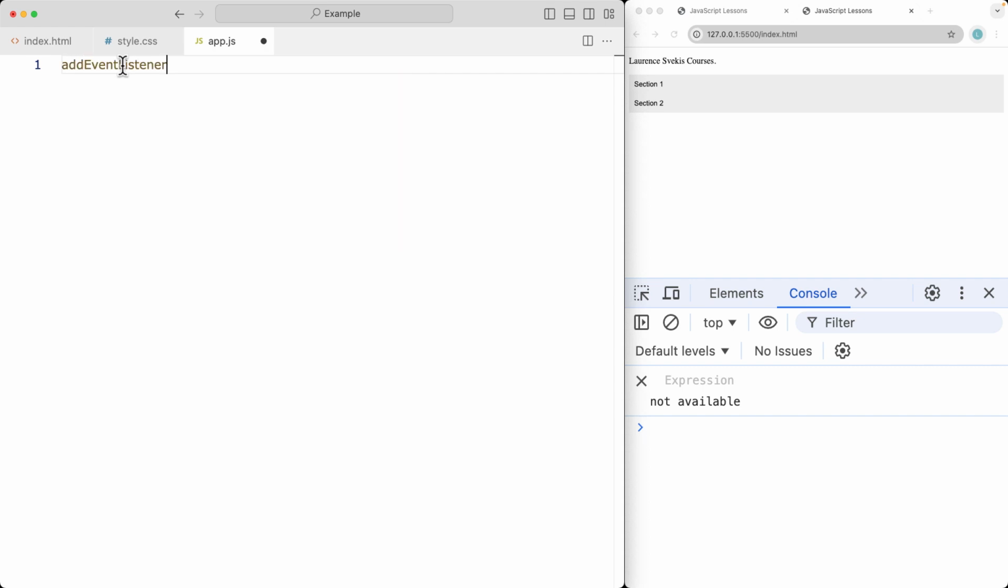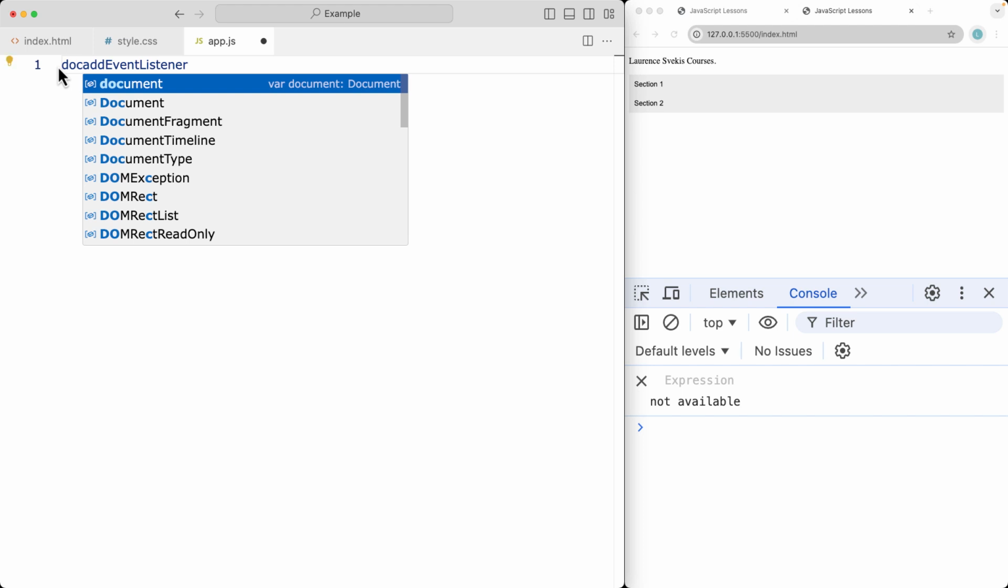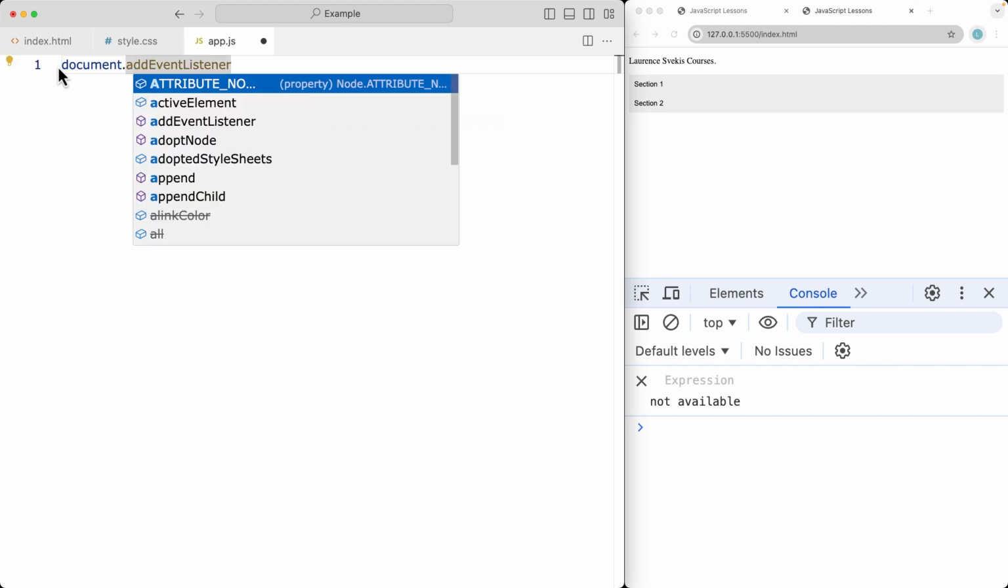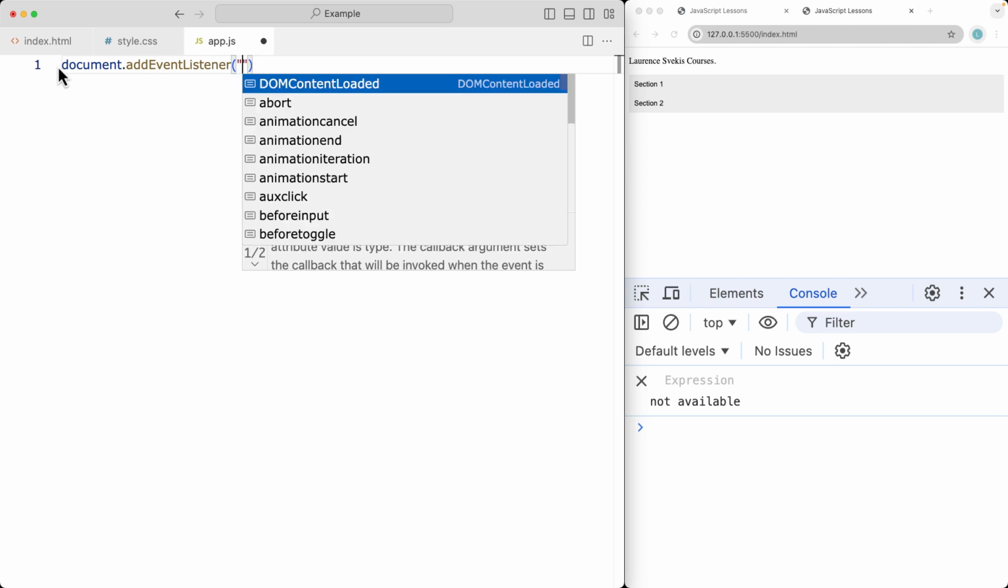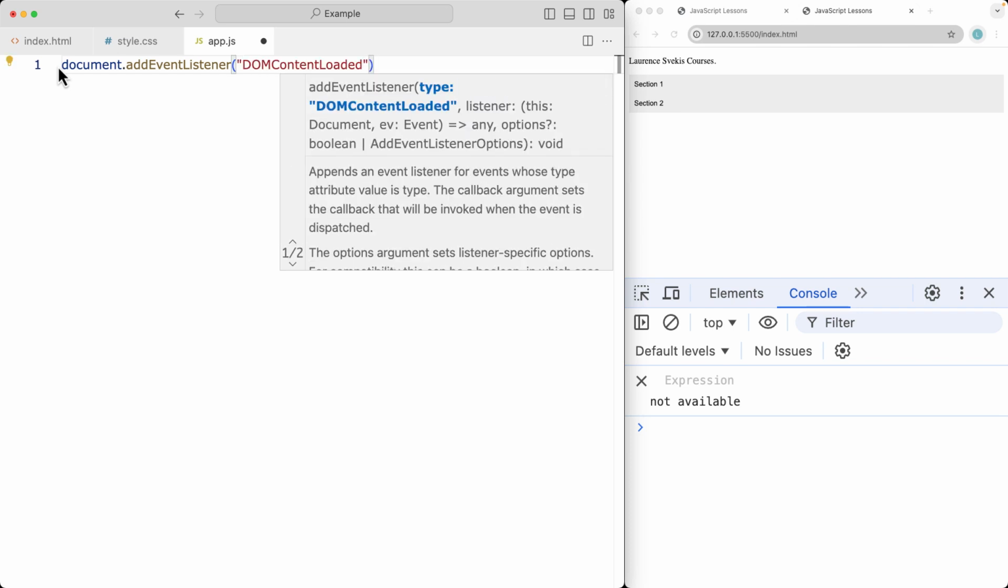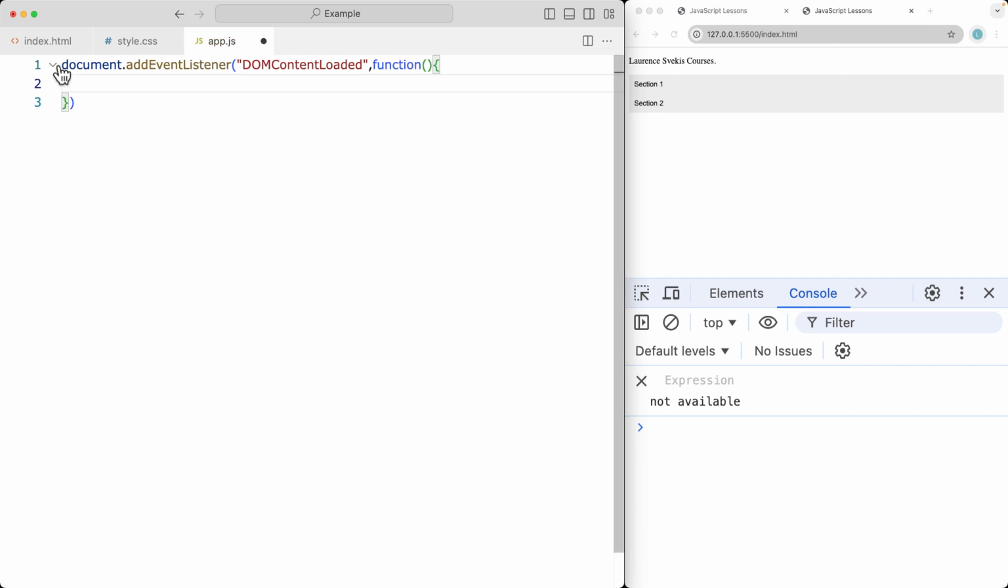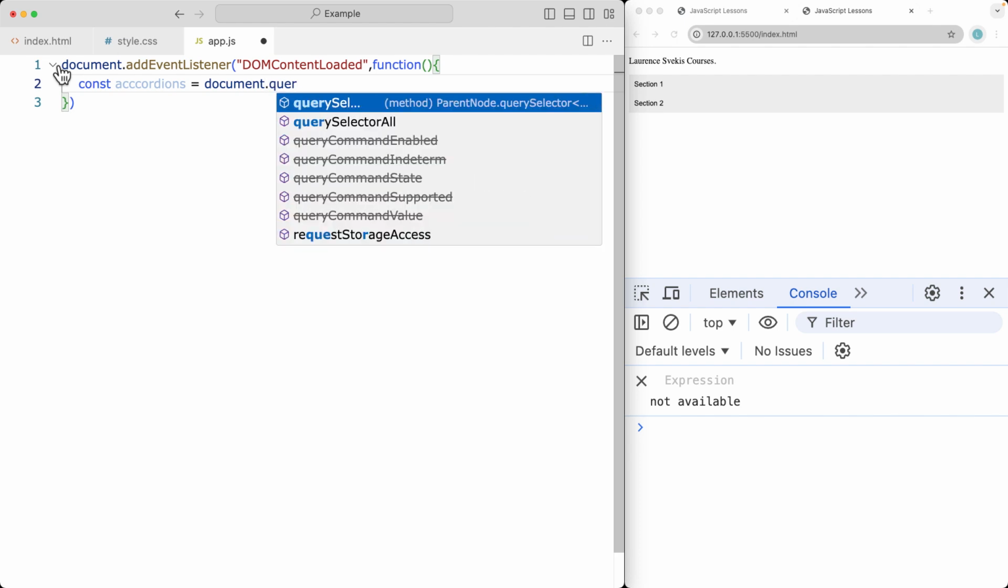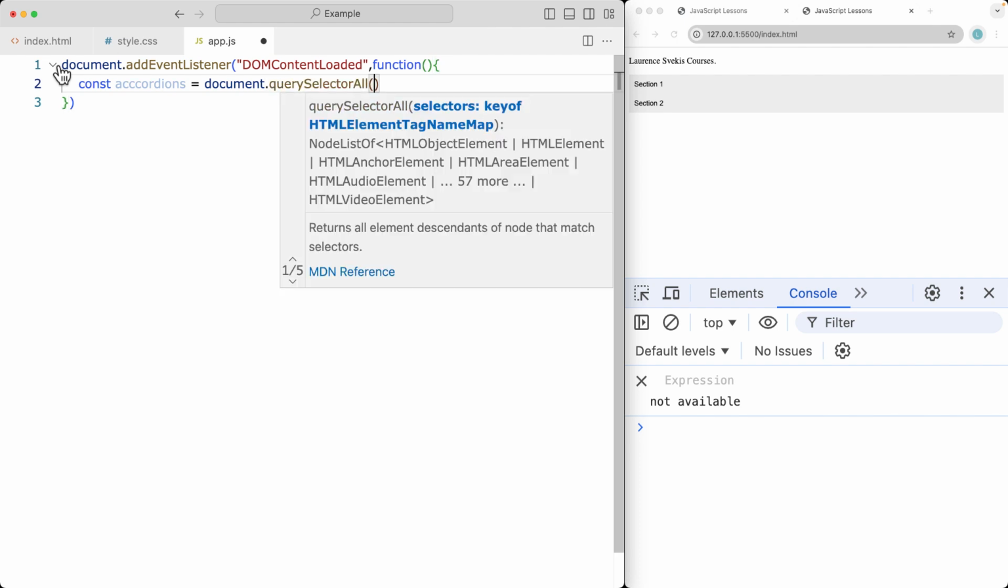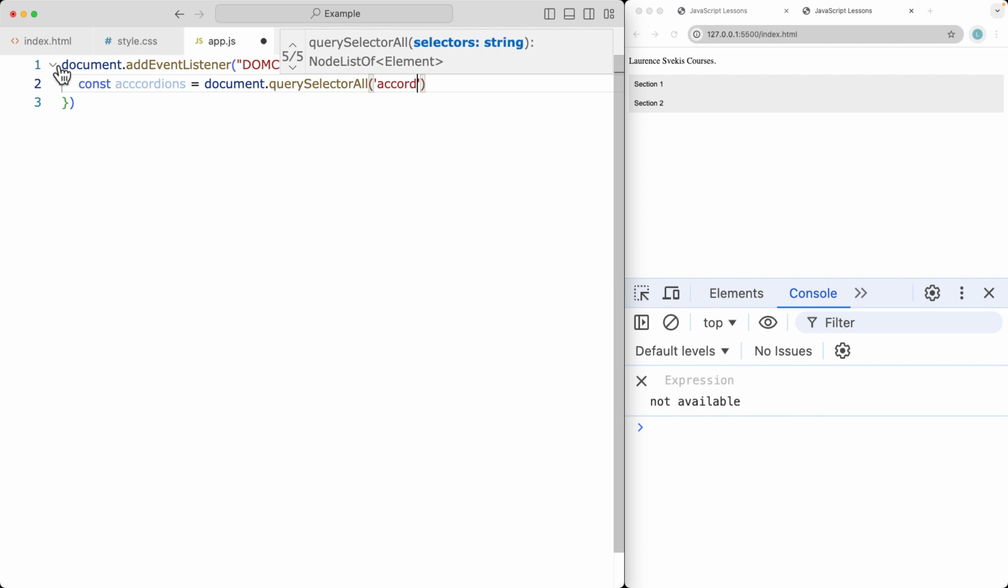So let's add the event listener to the document object. Whenever the page loads, we'll just do document add event listener, and the event listener that we're adding is going to be the DOMContentLoaded event. That's going to make sure that all of the DOM content has loaded before we try to interact with it. We want to select all of the accordions, and we can do this by using document query selector all. So we're selecting all of the page elements that have a class of accordion,